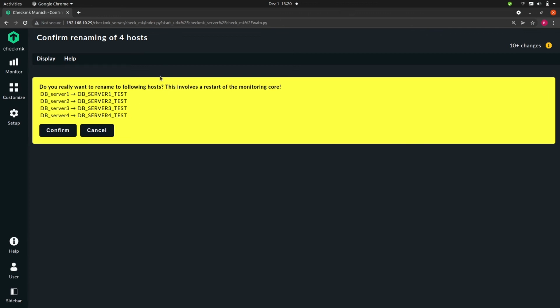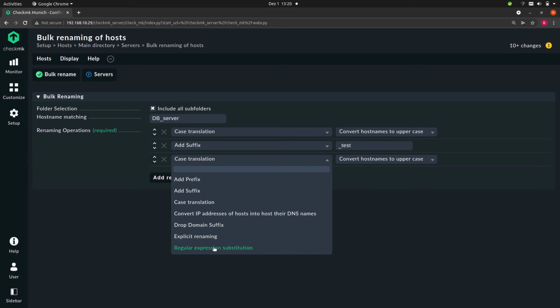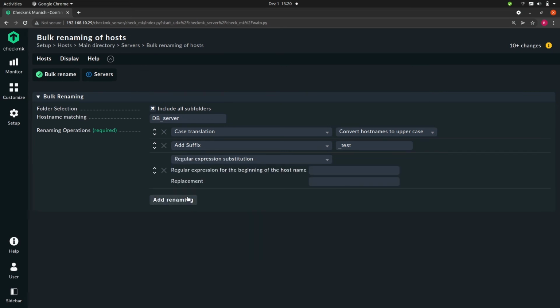Then there is a more extensive operation you can perform, more extensive than the case translation and the suffix, and that one is the regular expression substitution. So let's first remove the other two.